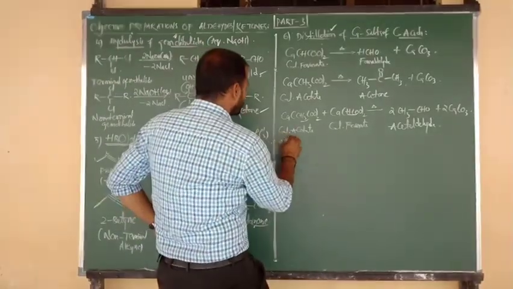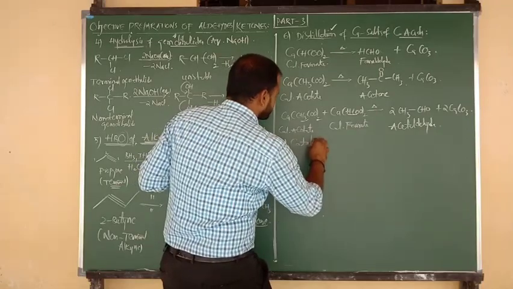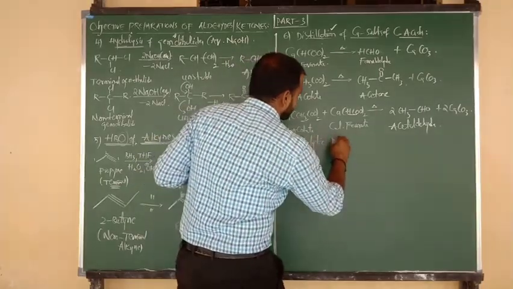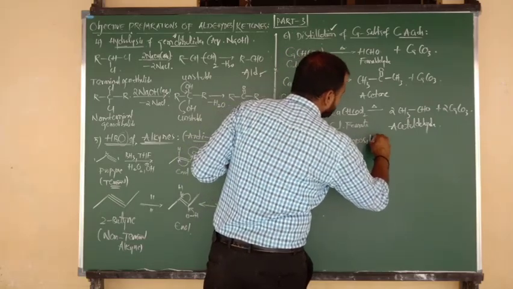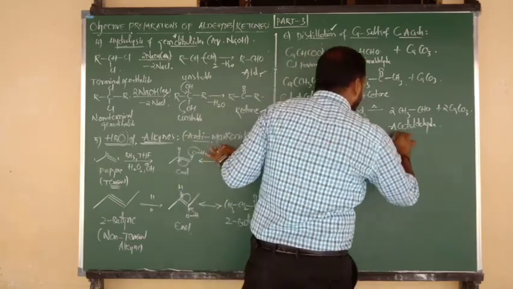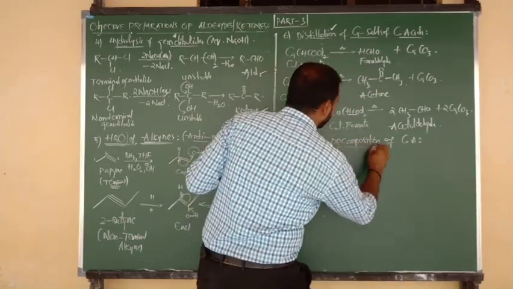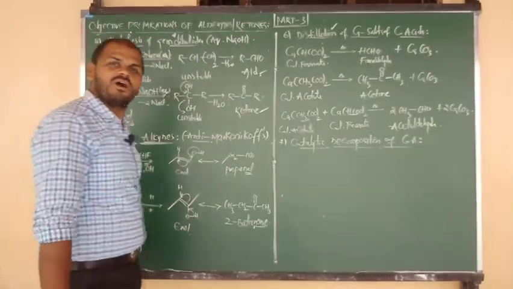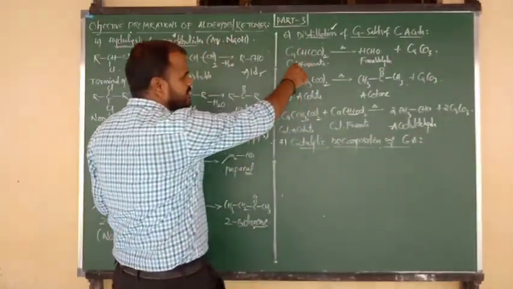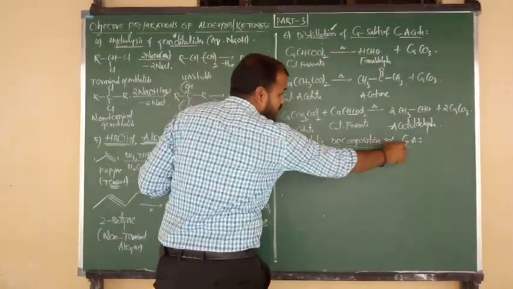Good. Next one is catalytic decomposition of carboxylic acids. It is also the same as the above method. A little comparison with the above, as it was. I will show you. Catalytic decomposition of carboxylic acids. So this is formate. How many ions are there? 2. But here not salt, only acid.